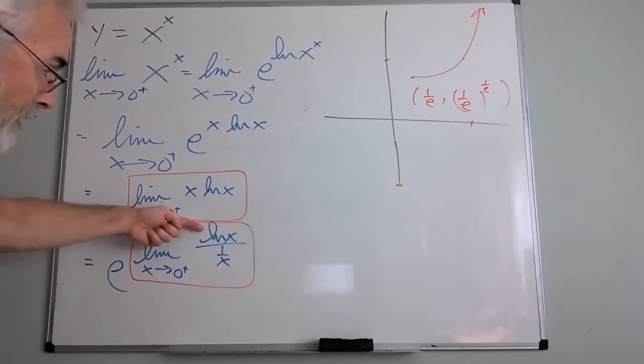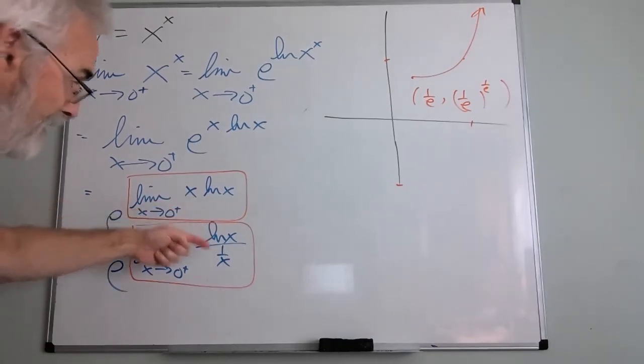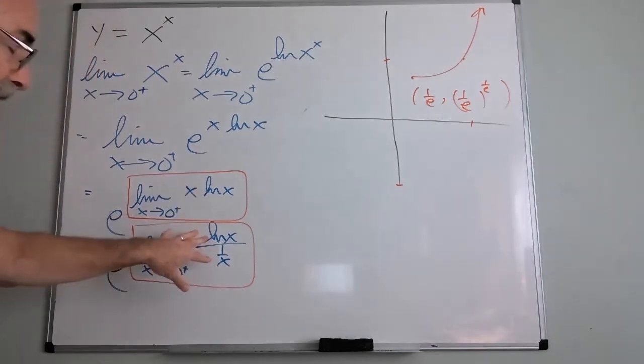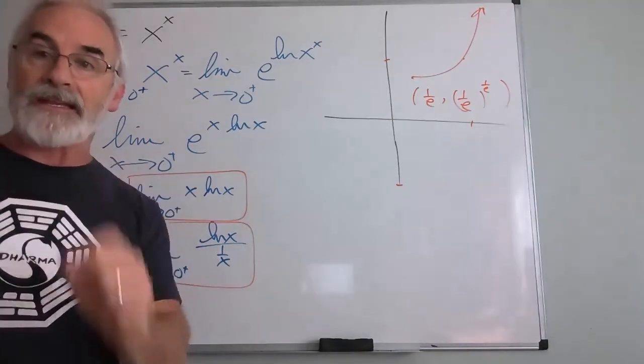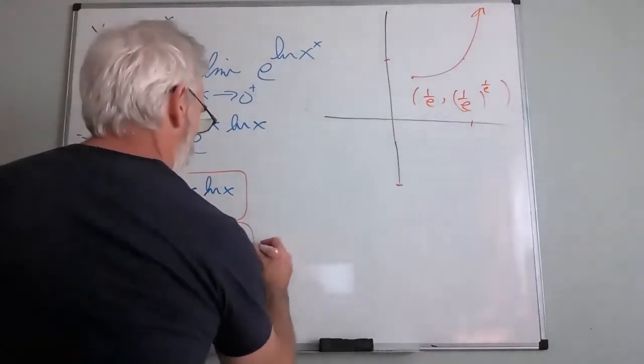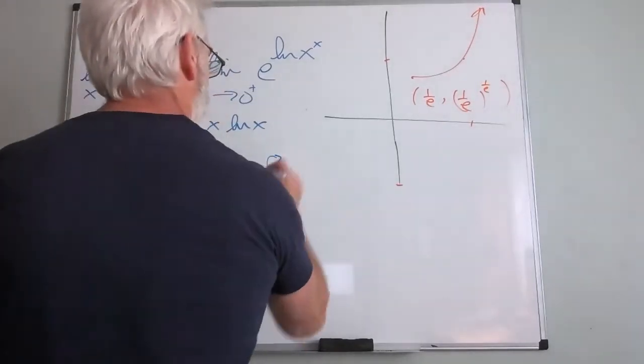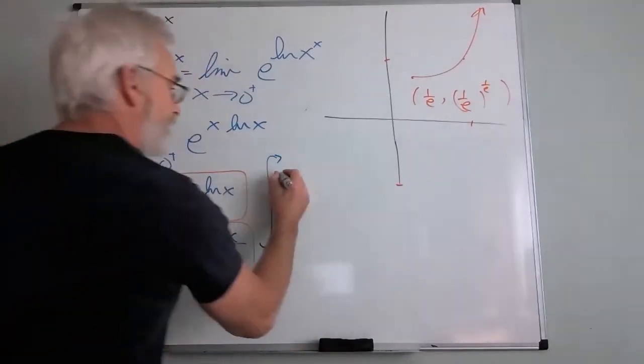My numerator is going infinite, it's negative infinity, but it is still going to infinity. The denominator is going to infinity. This is an infinity over infinity form. I can now use L'Hopital's rule on that. Okay, bring it up. And here's the beauty of this. I can say this is equal